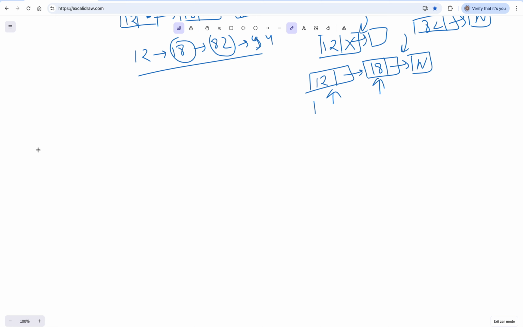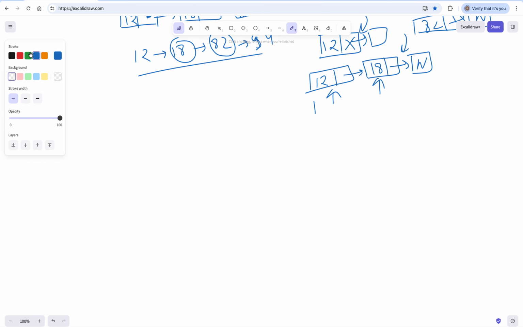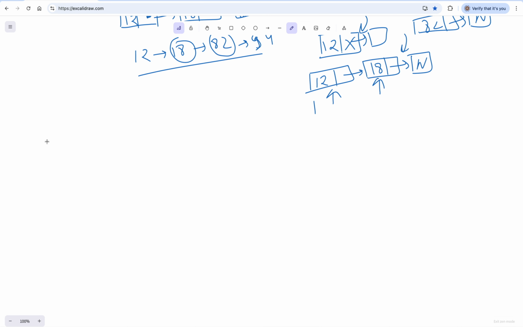So let me write a pseudo code, then I'll dry run it in front of you and we'll see how it works. Okay, so let's say I'll be writing one function which is, let's say, insert. Okay, and this insert will be doing the insertion recursively, and here I'll be taking a node and data.